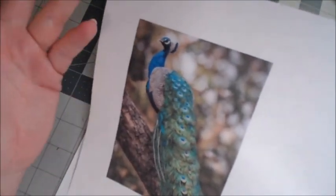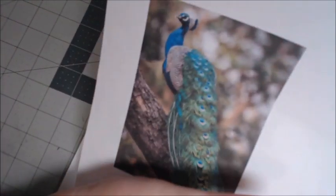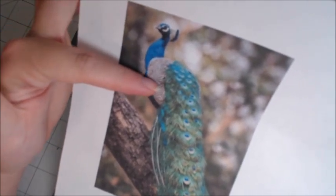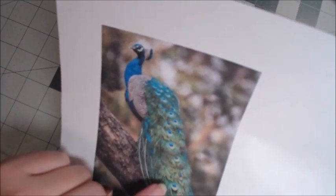So what you want to do, there's a lot of detail in a bird, and what you want to do is get it down to bare basics. Okay, so there's blue here, there's a striping here, and black and white. And most of this is green. And the easiest thing, I think, is going to be to do a duplicate stitch over